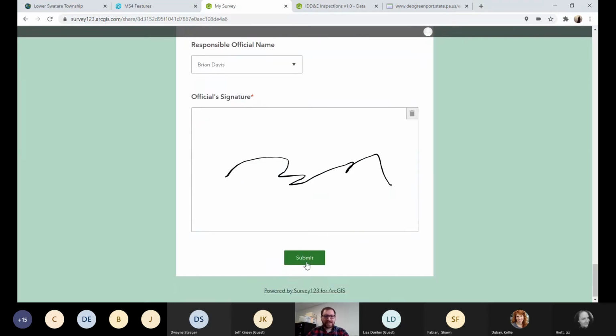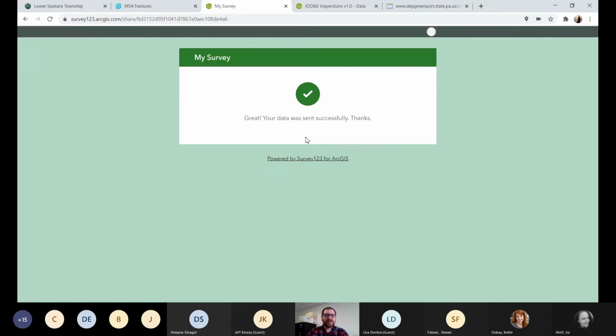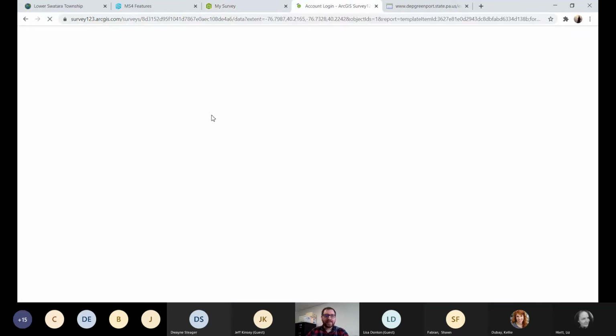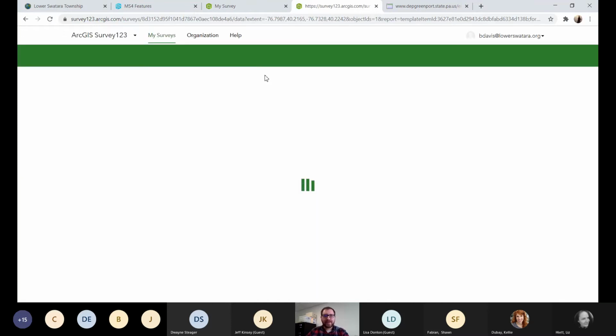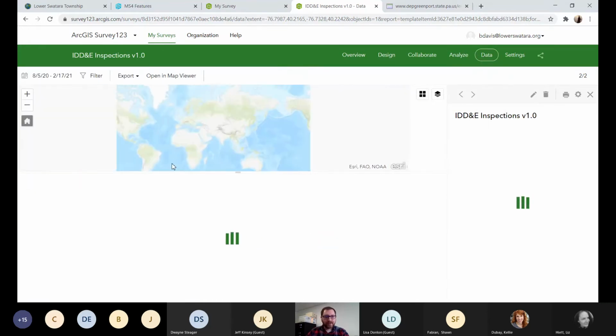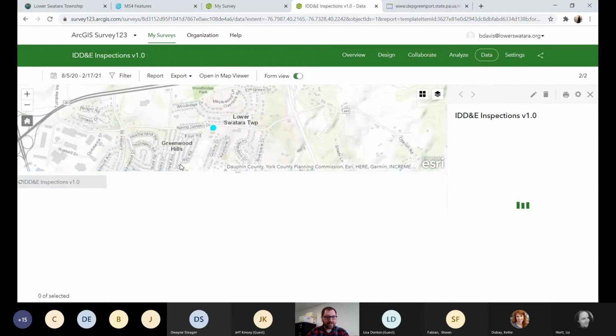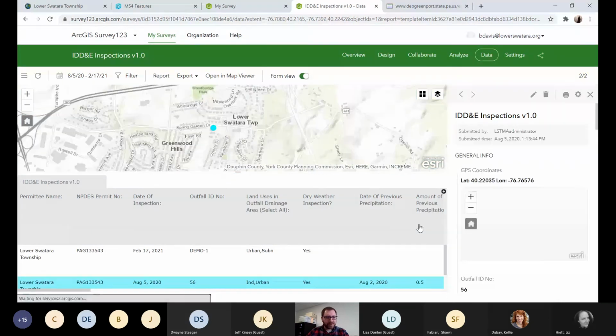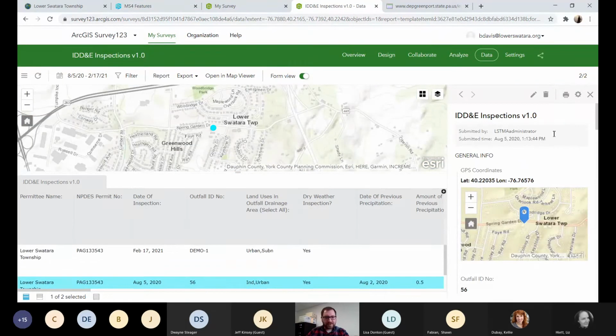That's my signature for now, and I submit. So once you fill out your form to your liking, you can submit this in the field, and it will go to an online database. I have the database up on another tab here, and if you are not seeing it, please somebody shout at me. Takes a moment to load, but you'll notice there are two